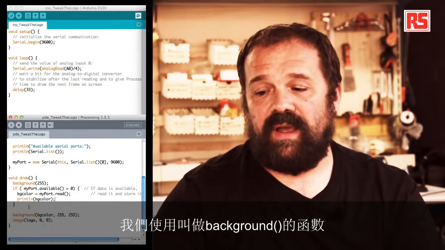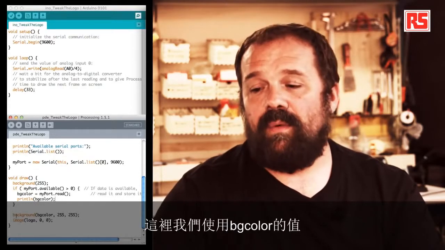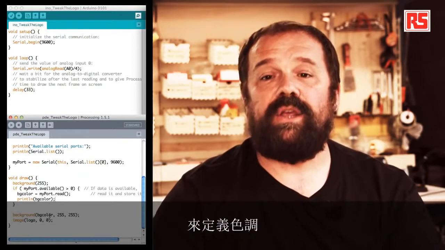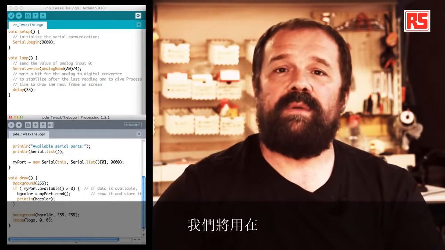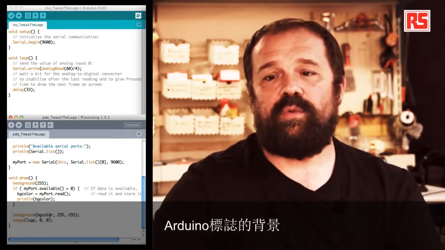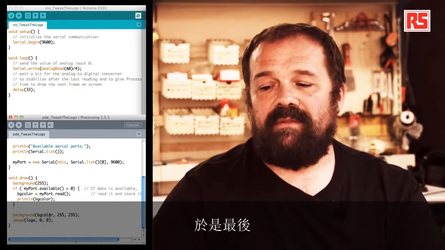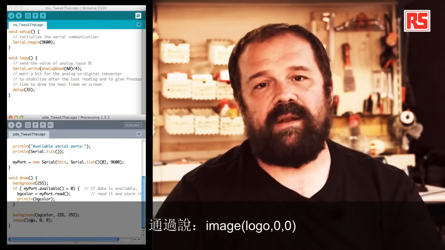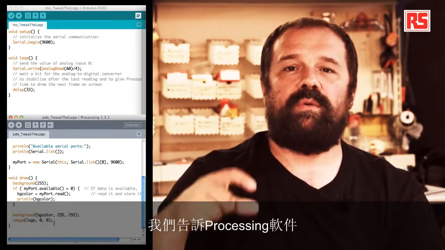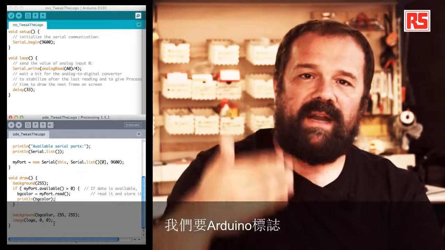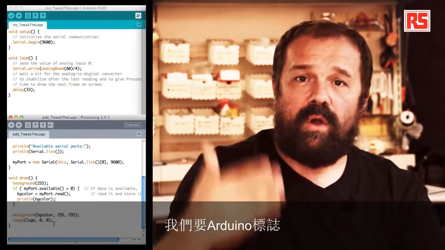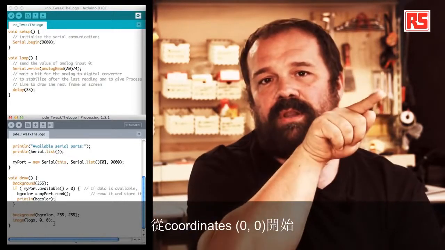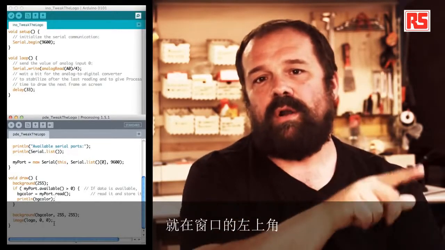After that, we use this function called background, where we use the value of bgcolor to define the hue of the color that we're going to use behind the Arduino logo. And then finally, by saying image(logo, 0, 0), we tell processing that we want to basically overlay the Arduino logo on top of everything else on the screen, starting from coordinate 0, 0, so the top left corner of